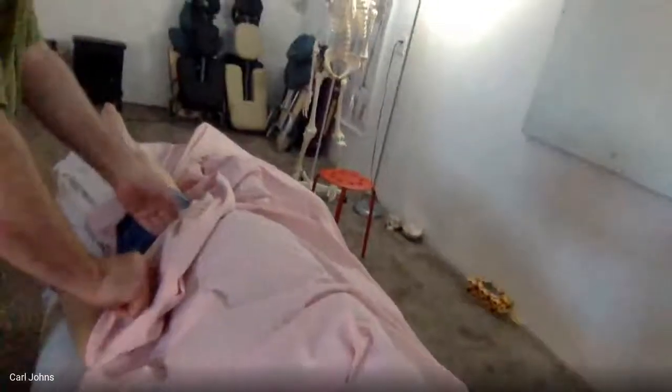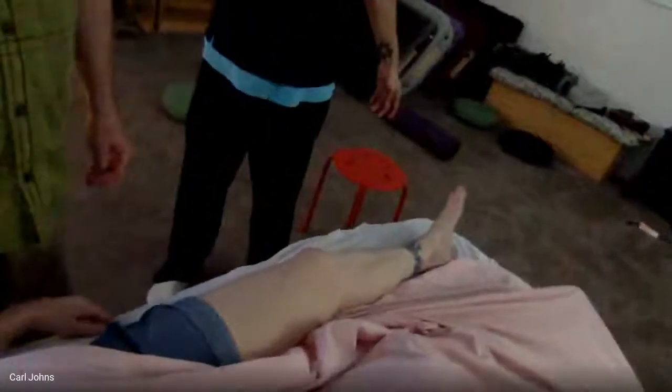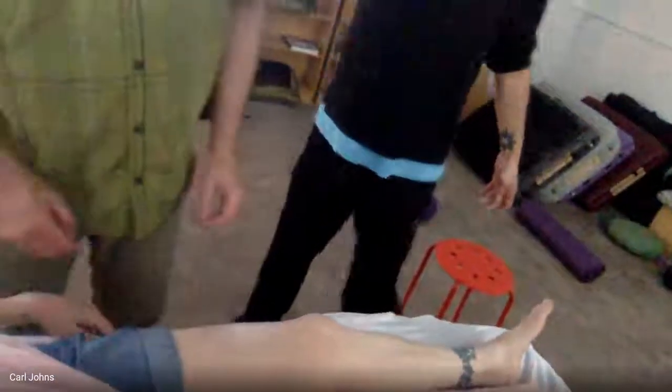And then I can pull this up, kind of unbunch it a little bit, bring it up nice and high over the hip because I want to be able to finish that stroke right at those rectus femoris attachments, the sartorius, all those wonderful things that attach at the front of the pelvis. So to get that out,